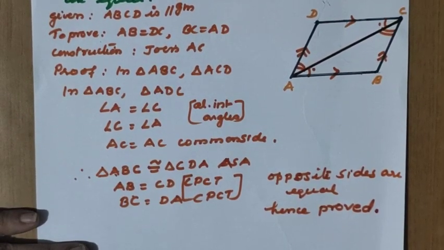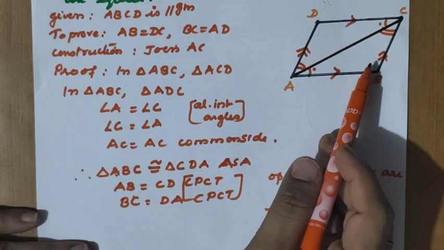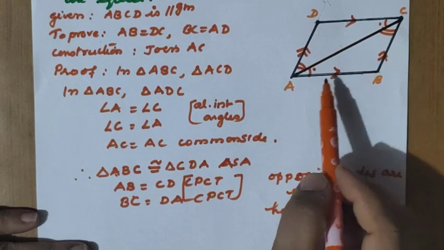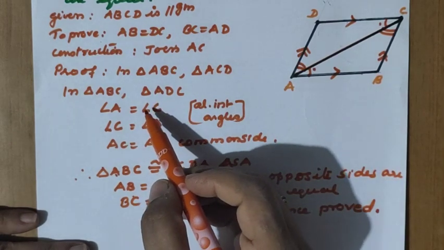In a parallelogram, opposite sides are equal, we have to prove. We already know this as a concept because in lower classes we studied that opposite sides are equal and parallel in a parallelogram. But by the definition of the parallelogram, we can write only this much: two pairs of opposite sides are parallel. We cannot write about sides, the remaining angles and all the other properties. It's a property, so we need to prove it. Here ABCD is a parallelogram, given, and the diagonal is joined. So the parallelogram ABCD is divided into two triangles ABC and ADC. The proof will be the same as our last theorem.